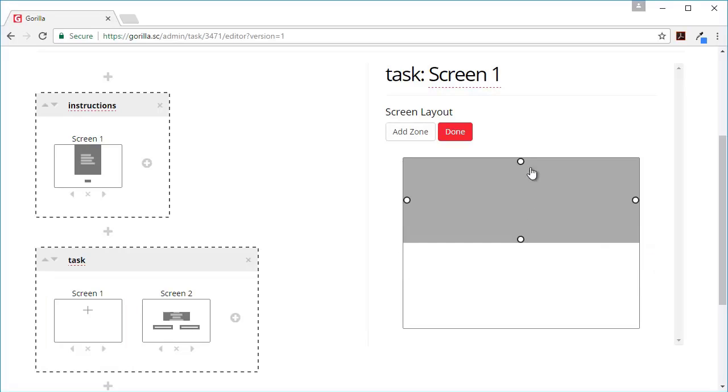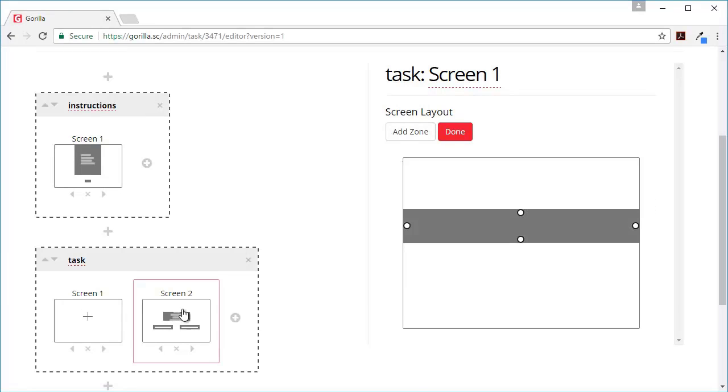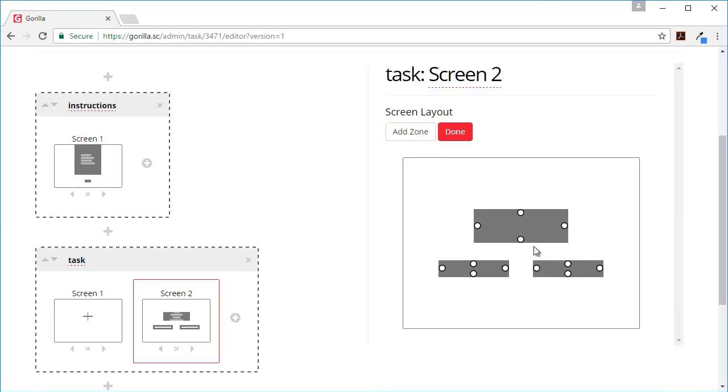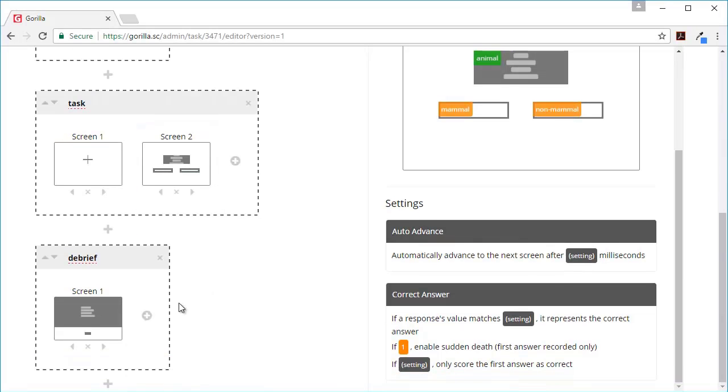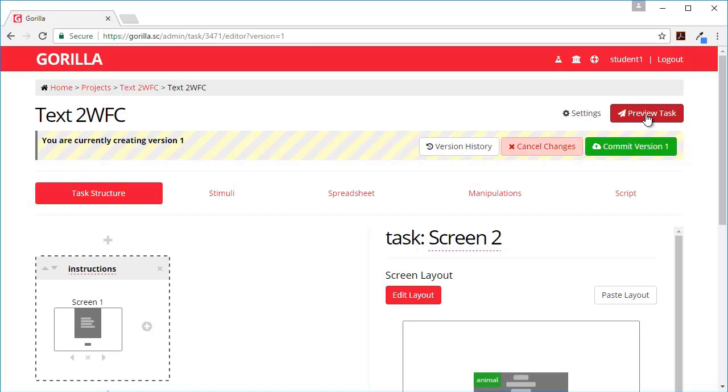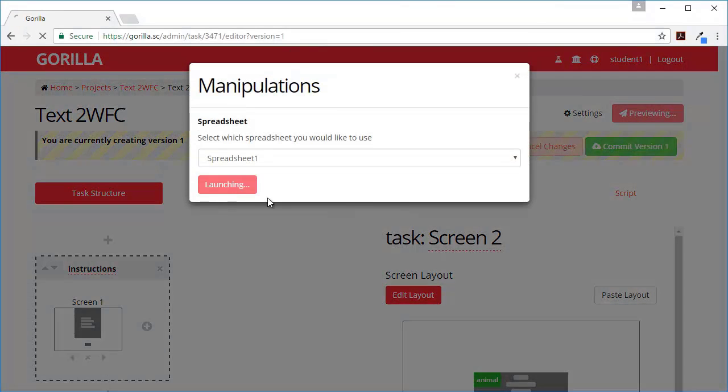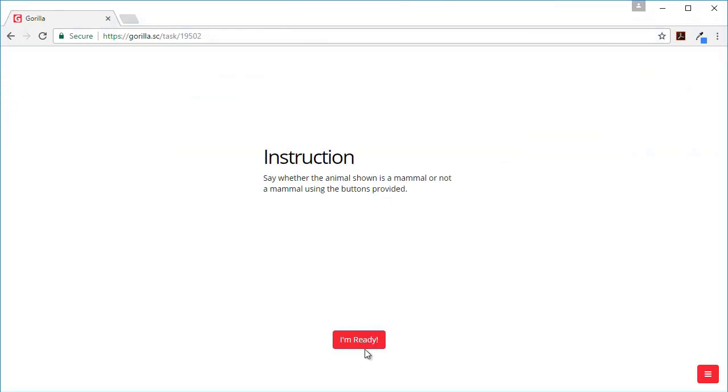If I put that to 50 and 30, and then over here, these are also on 50 and 30. Now the fixation and this text will line up. Okay, does that look a bit better? Let's have a look. Better instructions.